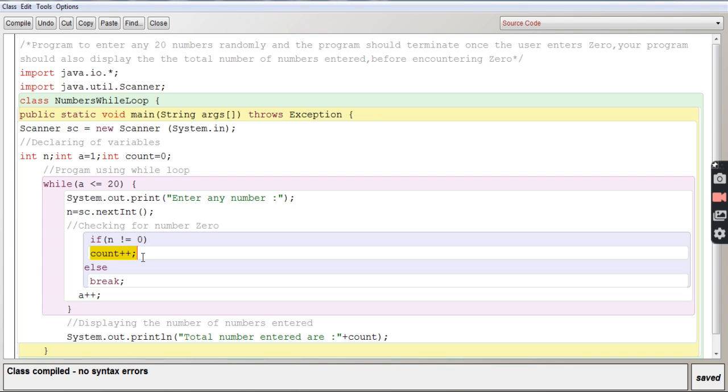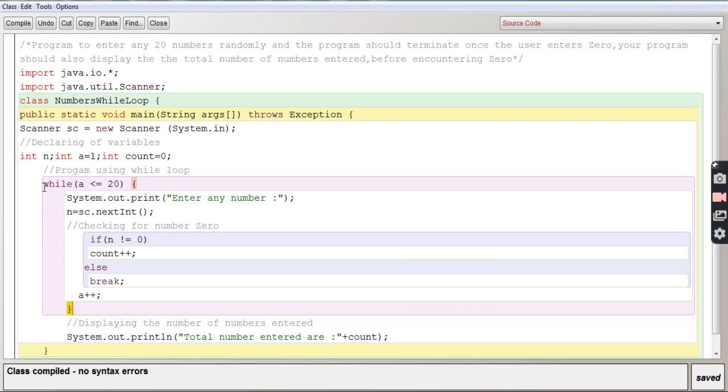Now 5, again a positive integer. So two integers we have entered till now. Then it will go to the closing curly bracket of the while loop, and before that the update expression. A plus plus, last time it was 2, 2 plus 1, 3.